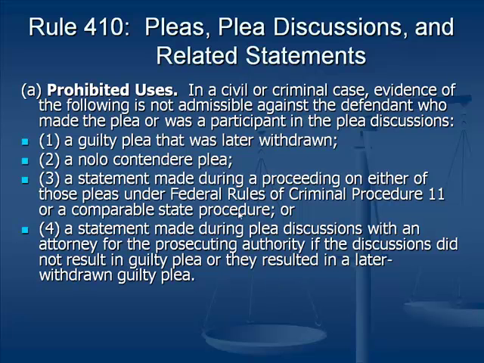Second, keep in mind that the evidence here prohibits two types of pleas: guilty plea later withdrawn and nolo contendere, and the statements made during a proceeding on one of those pleas under Rule 11, and statements made during plea discussions. Importantly, this last type of evidence does not cover statements made voluntarily or spontaneously by the defendant. Instead, they must be during, quote, plea discussions. And it's not going to cover statements made to a police officer, for example, as opposed to the prosecuting authority. Only if that police officer has the authority to act on behalf of the prosecutor will statements made